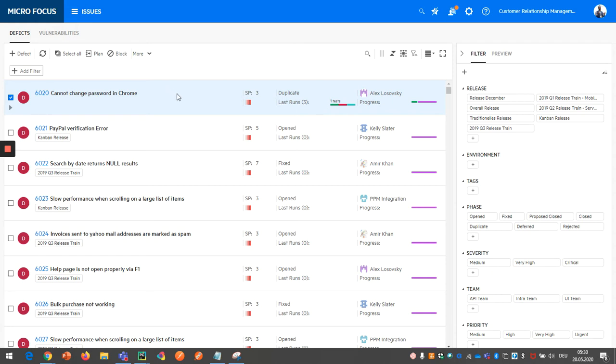Why would you need a defect heat map? You would need to identify, maybe for a release, and all the open defects, where the heat lies. So if you have a lot of defects in the area of high severity and high priority, this will help you to analyze exactly what the current health of your release is